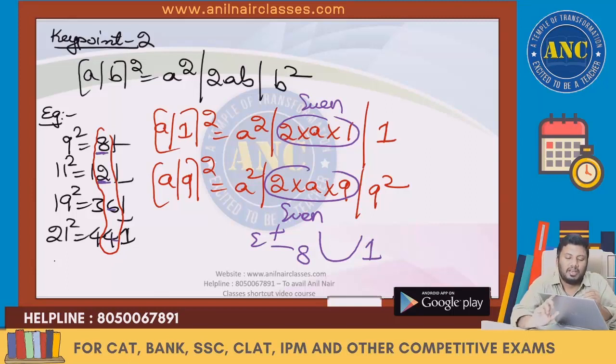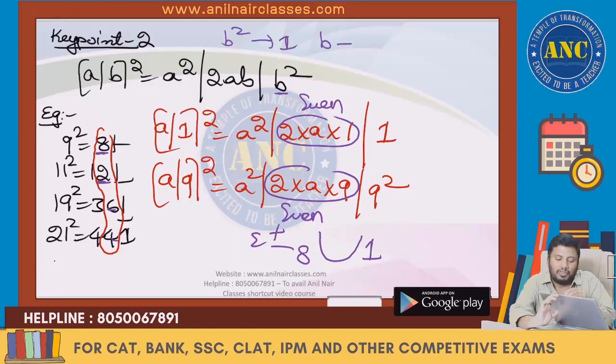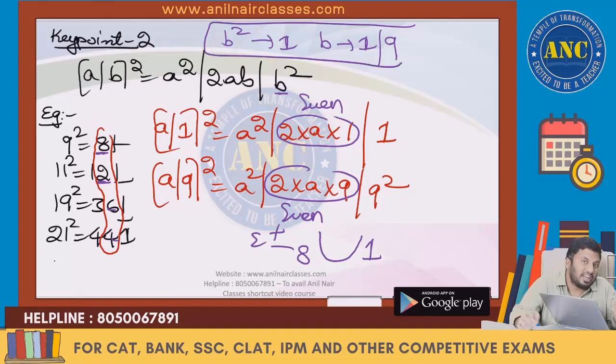Why is it even? If b square has to be 1, if b square is giving me 1, that means b value will be either 1 or 9. Am I right? That is what we discussed. X square and 10 minus x whole square have the same unit digit. A plus 1 whole square, a square, 2ab and b square. A plus 9 whole square, a square, 2ab and b square. 2 into any number is an even number. 9 square is 81, 8 is carried, 8 is even, even plus even is even. Any perfect square ending with 1, tens place will be even.